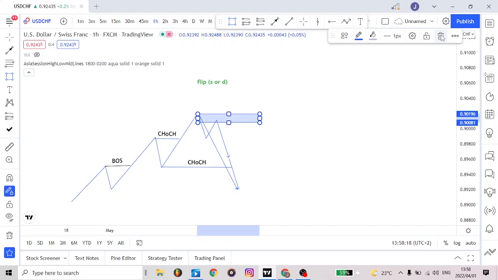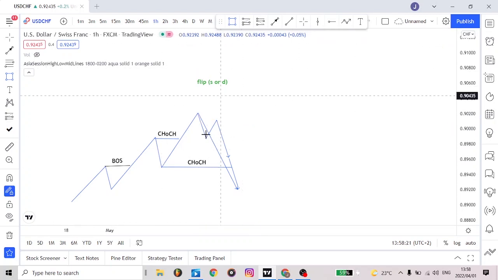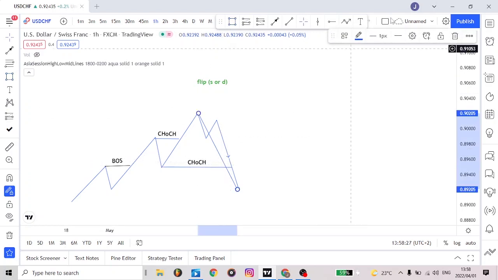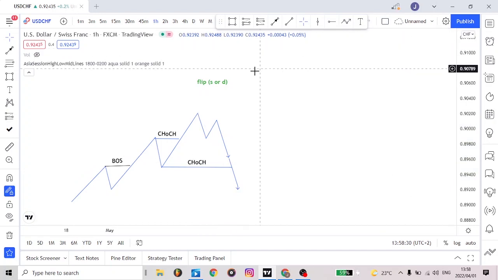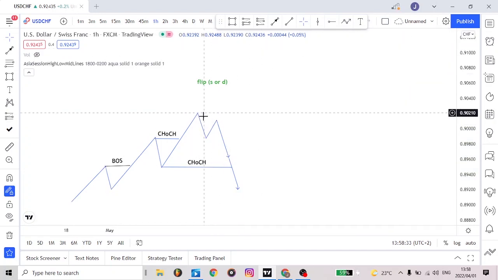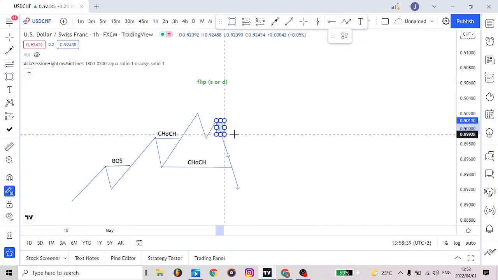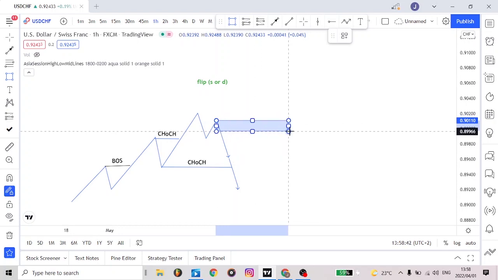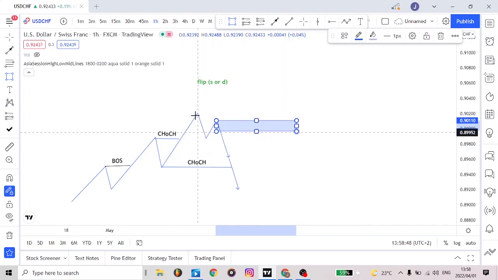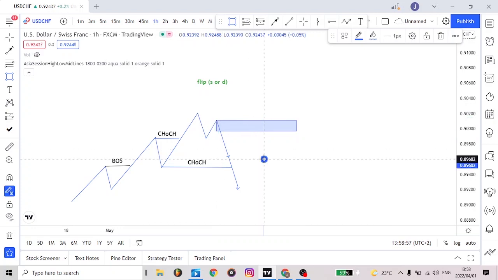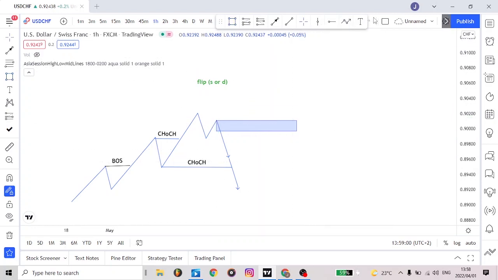Now, since there was this structure here, there was a flip in the market. Now there's a flip of the demand zone. Instead of looking for the order block here, now we start looking for the order block around this area. Now our demand zone is no longer this part over here, it's now this part over here. This part over here is now our demand zone. So the same thing would also apply to a downtrend.